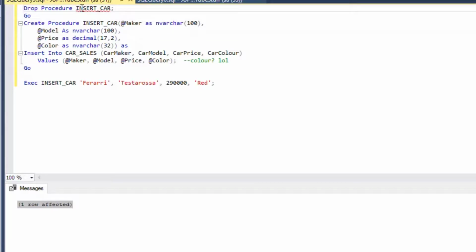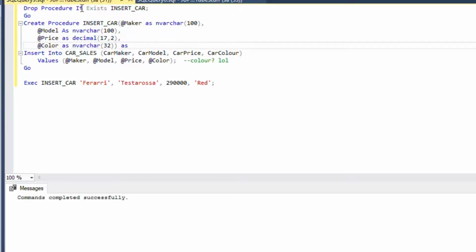So what we can do is we can do our drop procedure just as we did there, and then that's going to drop that. I'll hit F5. So we're going to drop that procedure, and then we can go ahead and make some changes